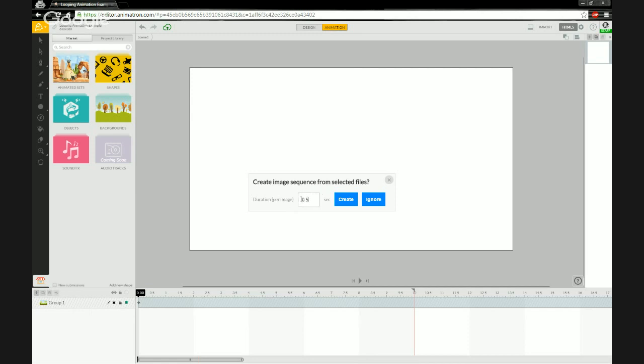And what you should know about Animatron's timeline is that it is based on seconds or numeric value. So it's fractions of a second. You can see here on my timeline as I scrub through it. It's not by frames. So a lot of animators out there are used to using frame by frame. Generally 24 frames per second is what you would expect. So if you were to break down 24 frames per second, the actual